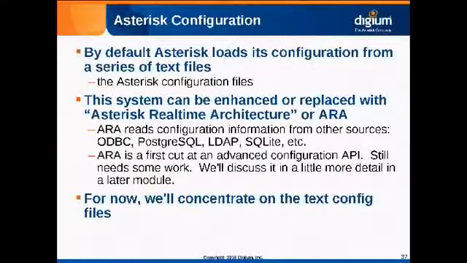Okay. Now, let's talk a little bit more about the configuration. By default, Asterisk gets all its configuration from a set of just plain text files. Okay. Now, you can augment that with something we call ARA, or the Asterisk Realtime Architecture, where instead of looking at text files, Asterisk is going out and querying, say, a relational database or an LDAP directory or some other structure out there across the network to say, hey, what do I do next? Hey, what configuration should I have? This comes into play, especially if you've, say, got a large number of Asterisk systems and you want to have sort of a centralized configuration for all those different systems. That's really